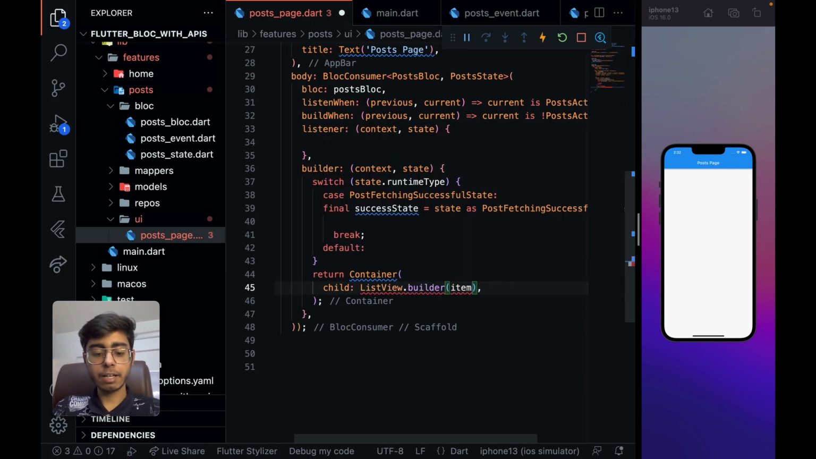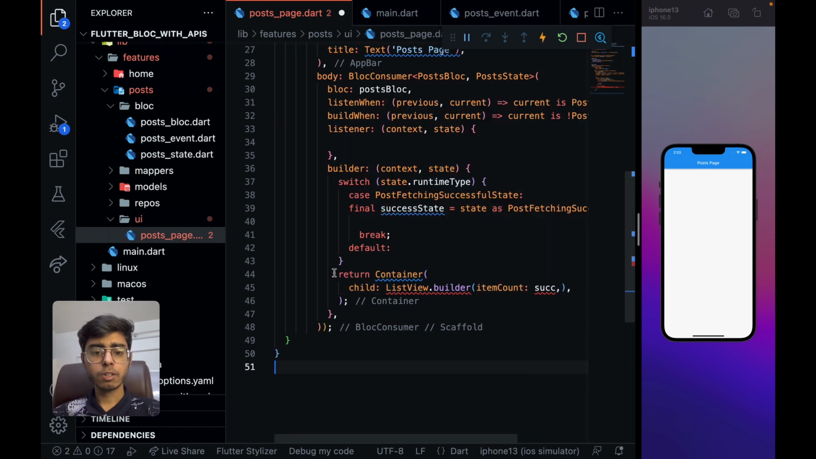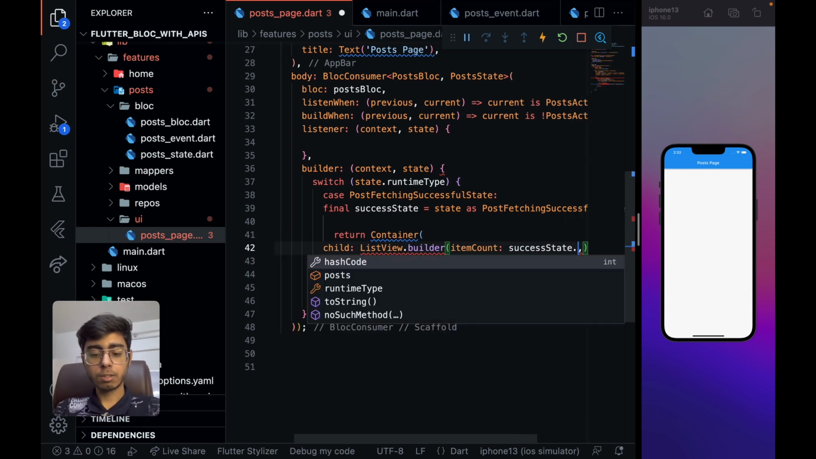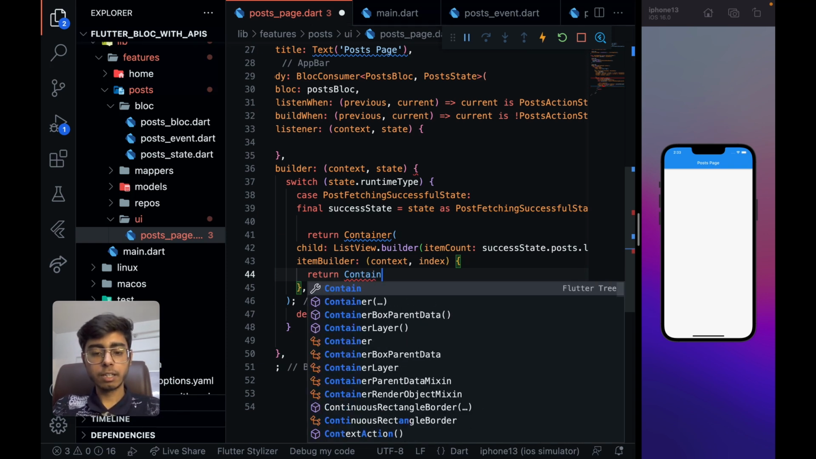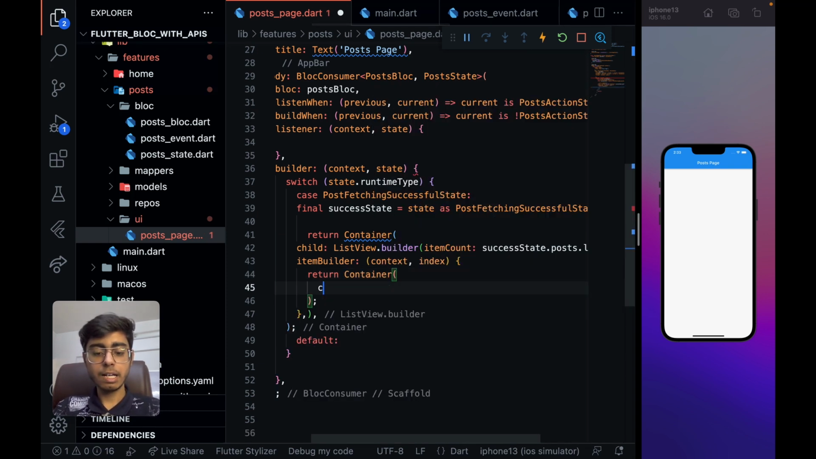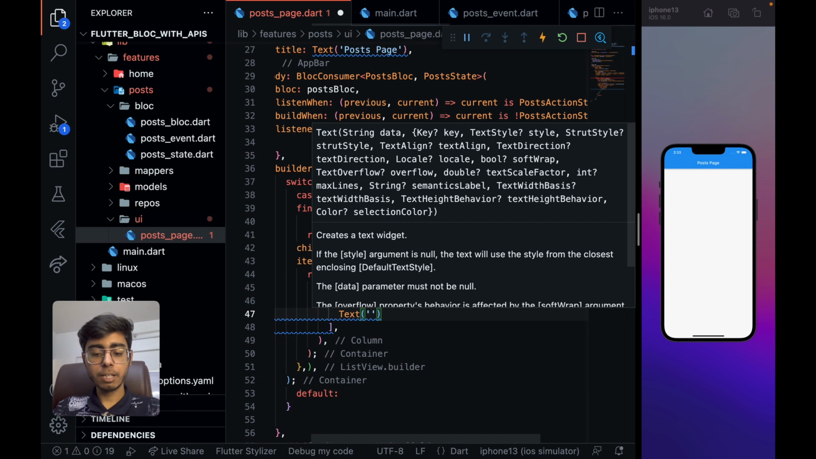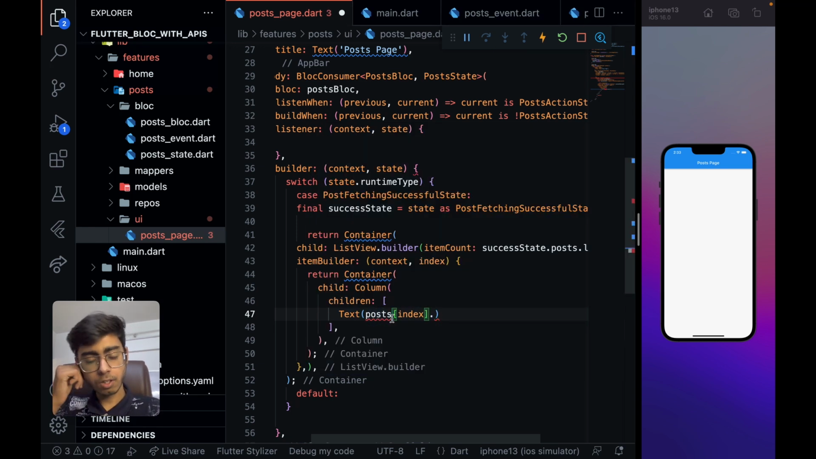This list view.builder will have item count as my success state.post. Success state, where is the success state? Okay, just cut this and remove this break and return it over here, right? So this success state dot post dot length, and my item builder will have context comma index. It is going to return a container with child column children will have some text will be post at index, post at index dot title. So this is not post, this is success state dot post, success state dot post at index dot title, right? If I just save it,